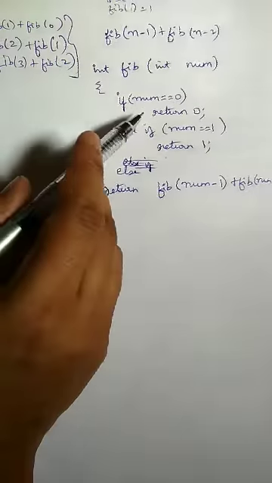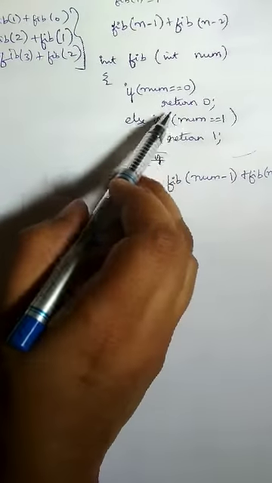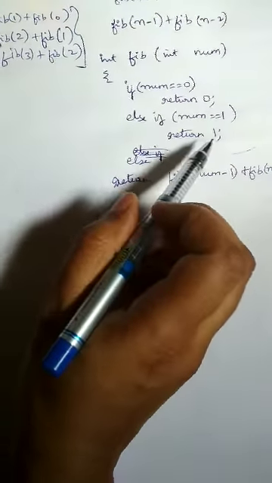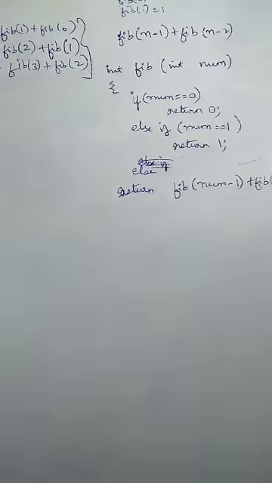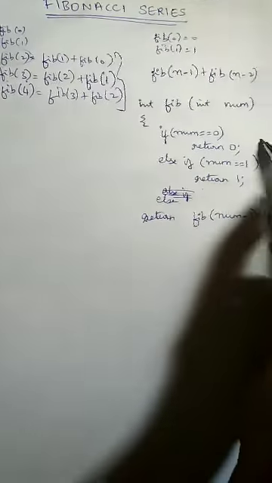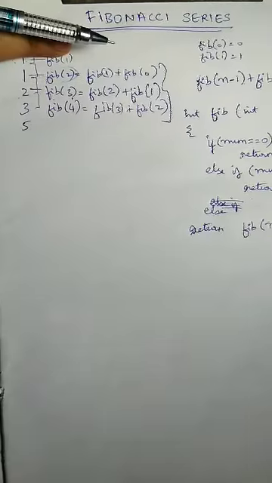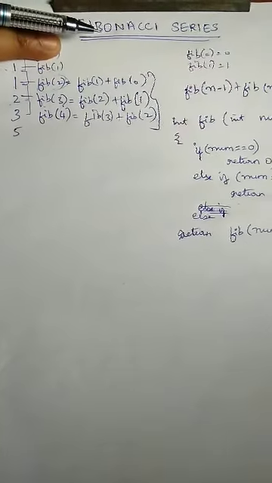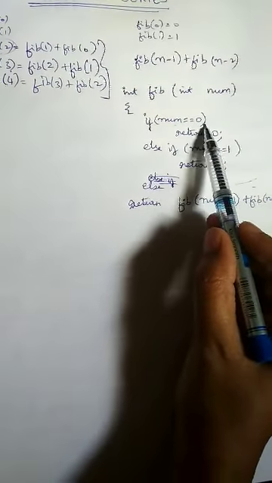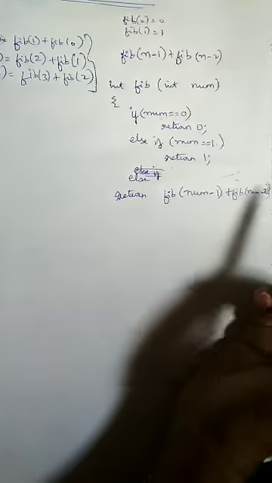If I start my series from 1, then I can club these two conditions together using OR. We can write if num equals 0 or num equals 1, then return 1. If my series starts from 0, I can write the code as before. If my series starts from 1, that is leaving 0, then I can replace the code with: if number is equal to 0 or 1, just return 1.